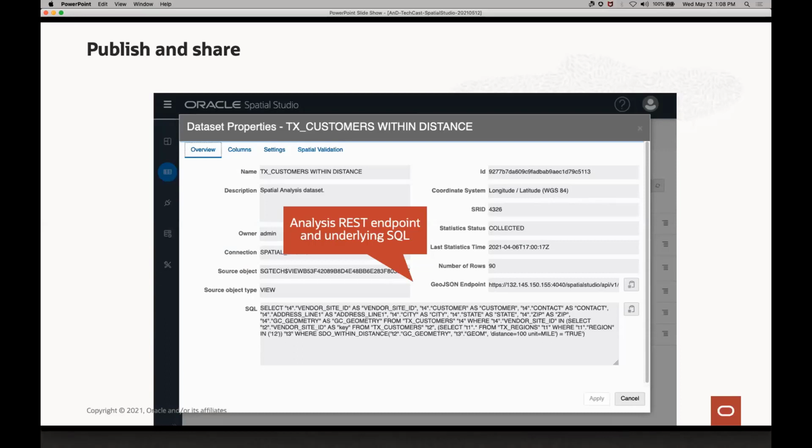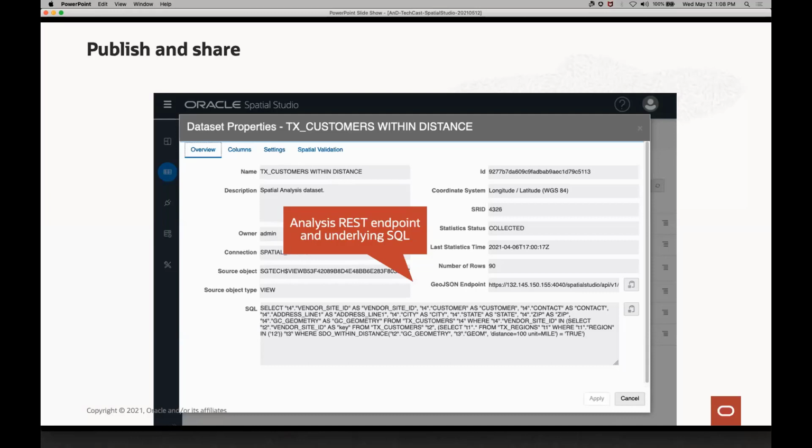I can use Spatial Studio to easily create that analysis, and it automatically creates a GeoJSON endpoint that you can see just above that big SQL block on the right. So the analysis you do in Studio is automatically exposed as a GeoJSON endpoint